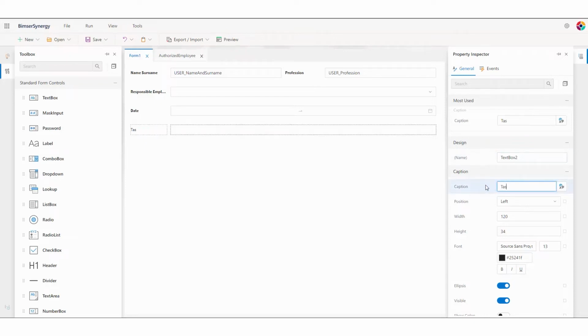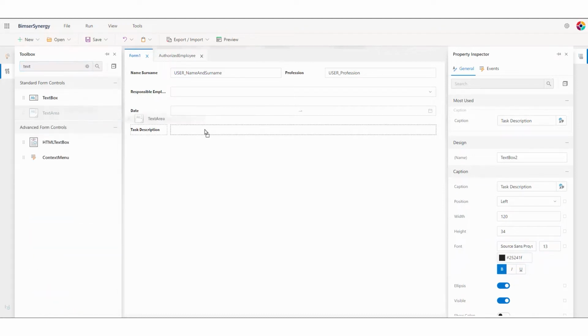I will also change its caption and I will bold it. And I will add a text area here for the details of the task. I'm changing its caption to task details